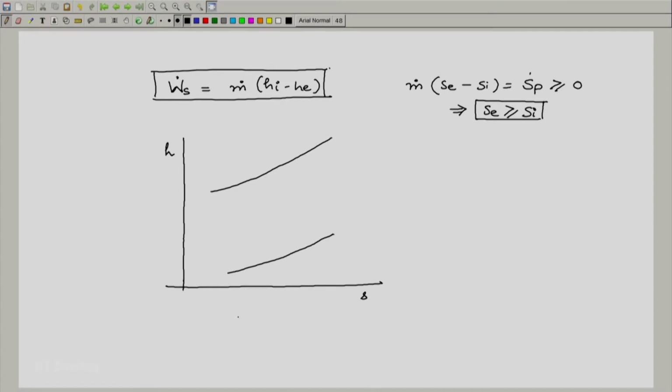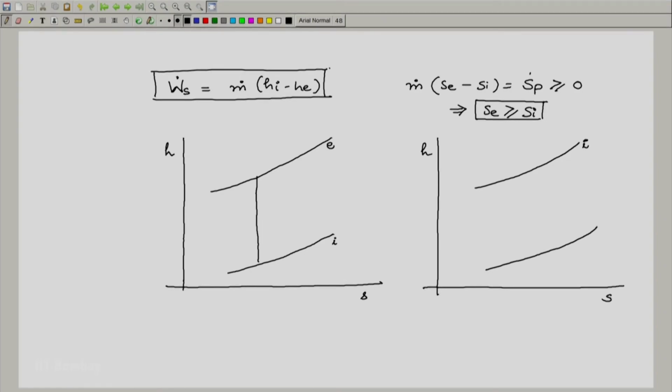So, what we have are two isobars, and we see that we have drawn the isobars with an upward slope here. So, if it is a compressor, then the inlet is the lower isobar and the exit is the upper isobar, that is the higher pressure. This is if we are going from a lower pressure to a higher pressure like this. If it was a turbine, then we would have drawn the inlet at a higher pressure, and the inlet isobar would have been here and the exit isobar would have been here. So, we are going from a higher pressure to a lower pressure.